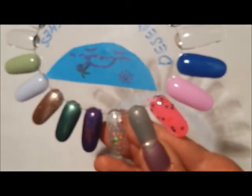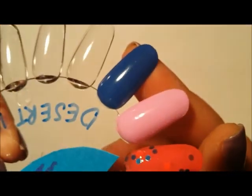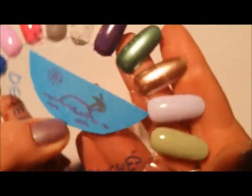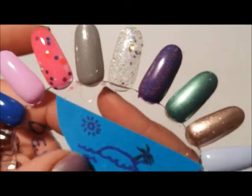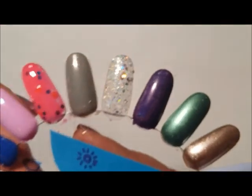And this is OPI, an old favourite of mine, I Don't Give a Rotterdam. So these aren't necessarily my top 10 polishes of all time. They're polishes that I think would be multi-purpose and multifunctional, and I've tried to get a range of favourite types of finishes that I like. So not necessarily my top 10 ever, but definitely the 10 that I would take with me to a desert